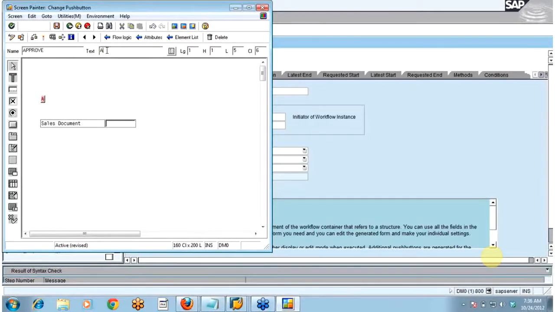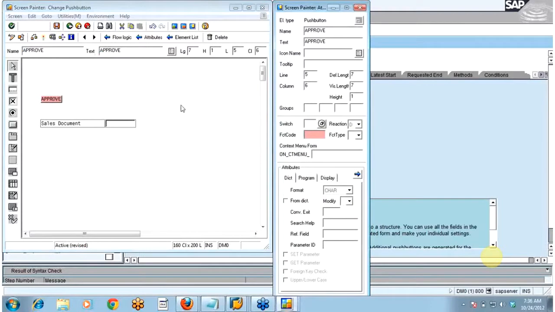The scenario was, once the user clicks on this approve button, the sales order number which appears over here should get saved in the database. So you have to provide the name and the text. Now double click on this particular button and give the function code as APRV. Now save it.